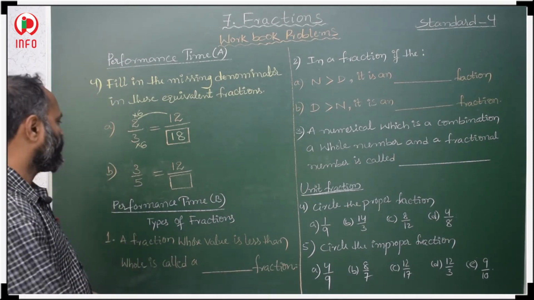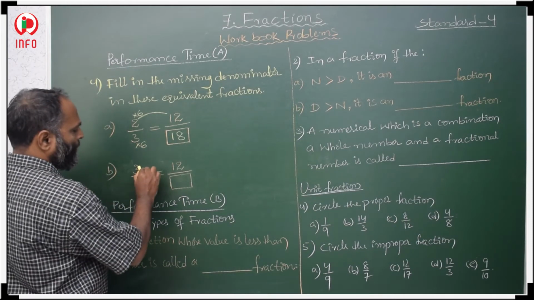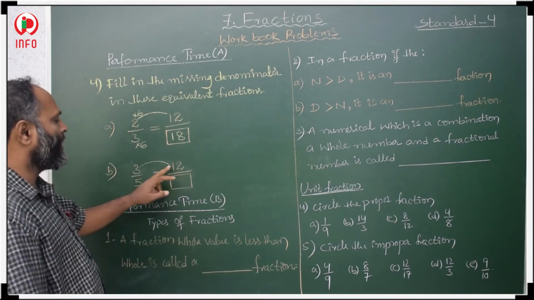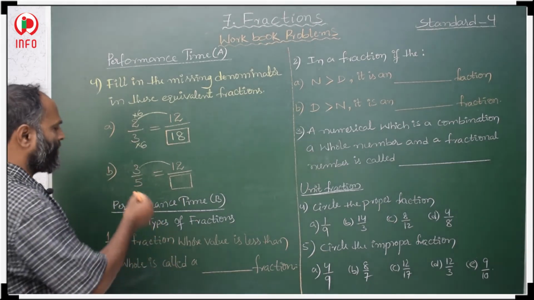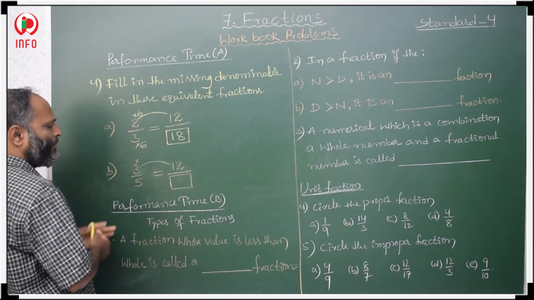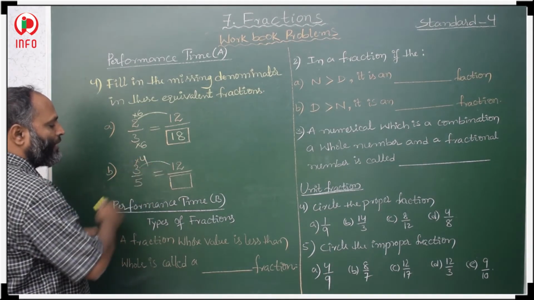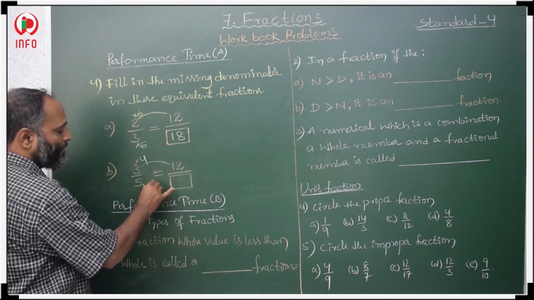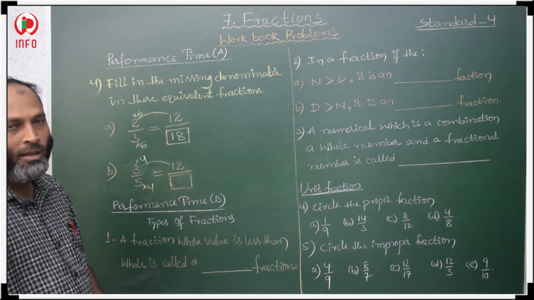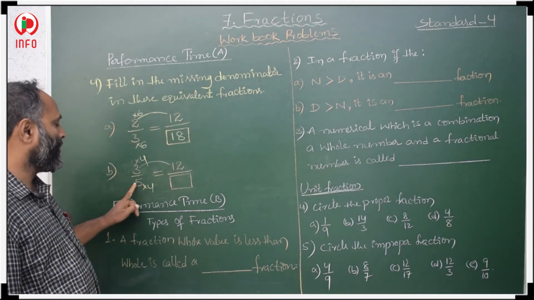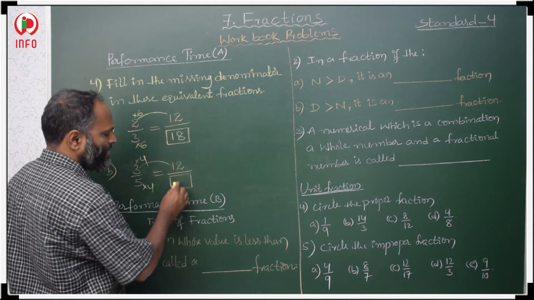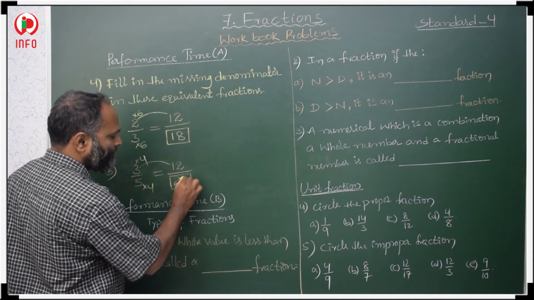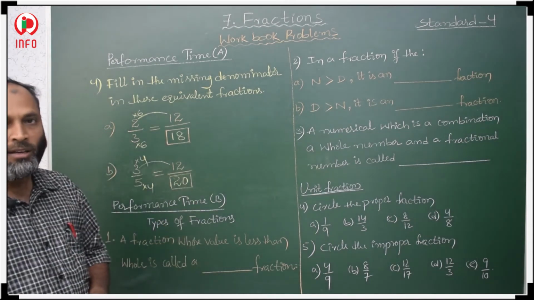In the same way, here compare numerator. Here 3 is there and here 12 is there. In 3 table, when will you get 12? 3 4s are 12. If we multiply with 4, then you will get 12. It means denominator also we have to multiply with 4. Then what is the product? 5 4s are 20. That should come in this box. So, what is the answer here? 20. Like this we have to think and we have to write.